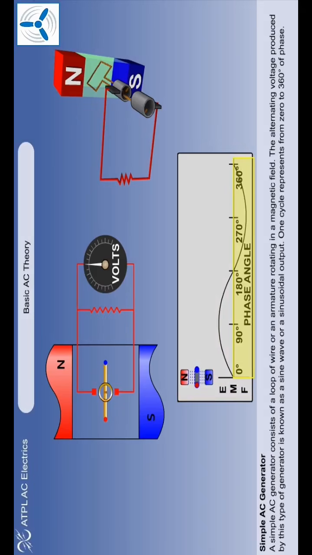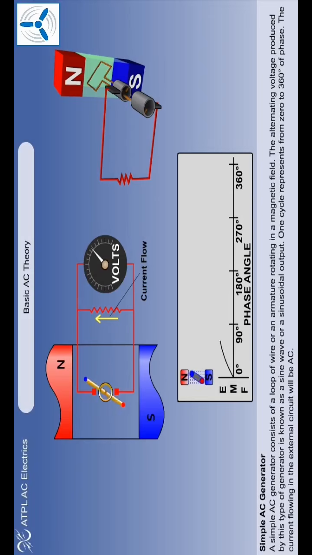A sine wave can be given an angular notation called phase. One cycle represents from 0 to 360 degrees of phase. The current flowing in the external circuit will be an alternating current, or AC. That is to say, the current will first flow one way, then change direction and flow